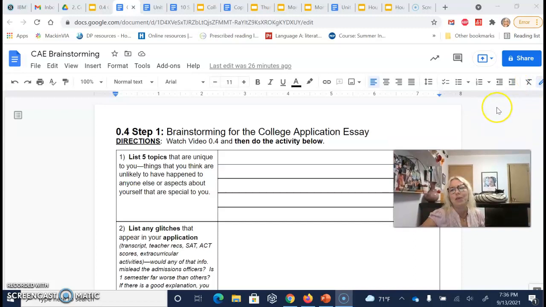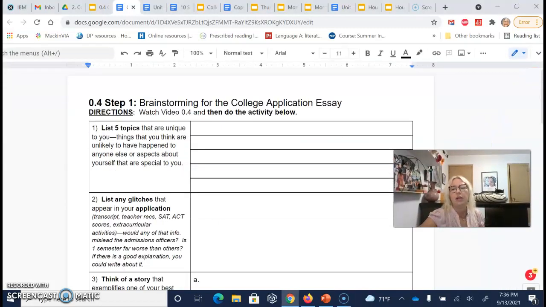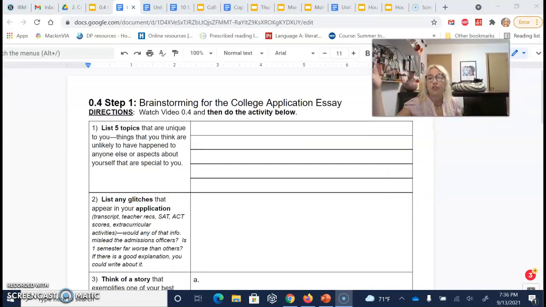So this might be hard for you to think about right off the top of your head. Let me give you some suggestions. One, think about first of all, the traditional college student. What does the traditional college student, these other 6,999 applicants who are applying to the college you want to go to, that your college admissions board is reading, what are some things that they probably haven't experienced that you have experienced?